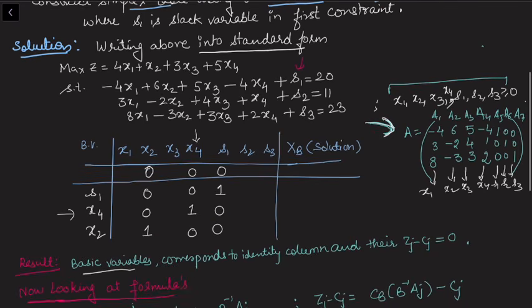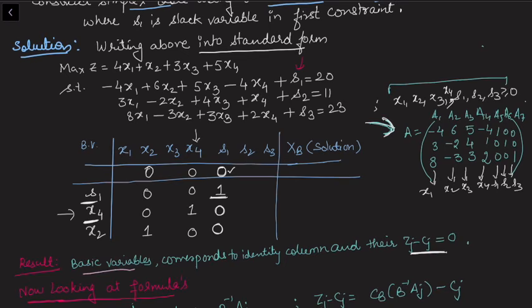Now we want to fill this table. The first entries that I have filled in quickly are from this result, which is mentioned here: corresponding to the basic variables, we always get an identity column. So if S1 is appearing here, then S1 will have 1 here and all the other entries are 0. And the Zj minus Cj corresponding to the basic variable is also 0, so I have put 0 here.